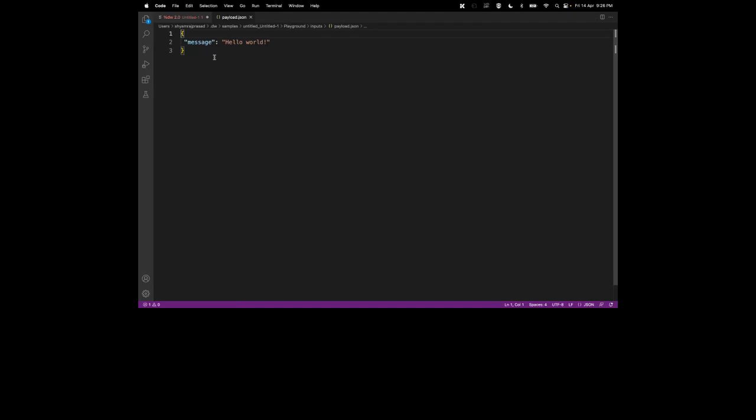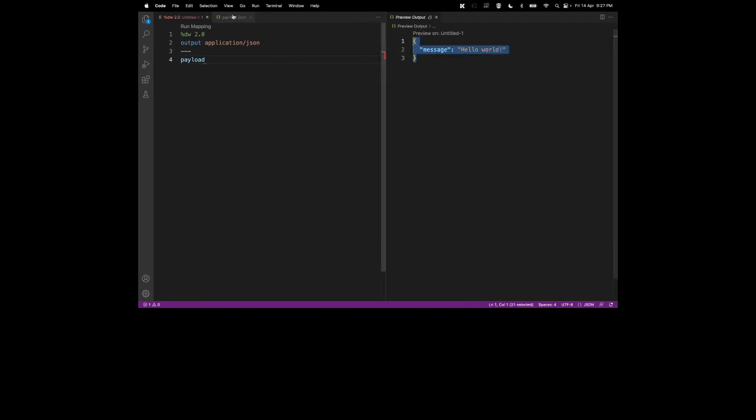Here you can see the message hello world is there, and here you can see where it is created, .dw samples. This is the file name, which here is entitled something. If you create 1.dwl, the file name will be one. Then you can see playground input payload.json. If you run this one now, you can see the output